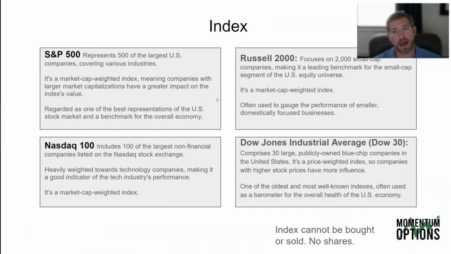Also, on the right-hand side, we have the Russell 2000. This is going to be focused on the smaller cap, mostly the stocks that have less than a couple of billion dollars in market cap, versus a company like Apple that has a $2 trillion market cap. So the Russell is all the little small companies. Personally, I don't really trade a lot of stocks in the Russell. Occasionally I do. Occasionally they get a lot of volume, they get a very strong trend, and they catch my attention. They catch our strategy's attention.